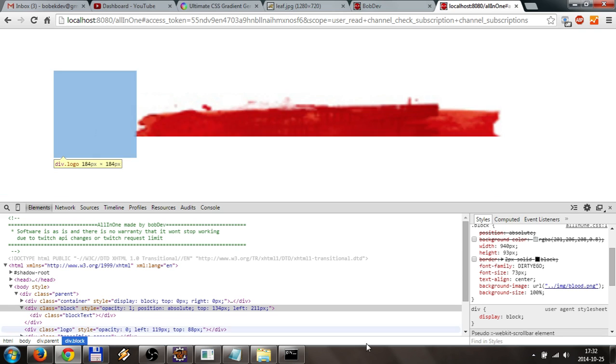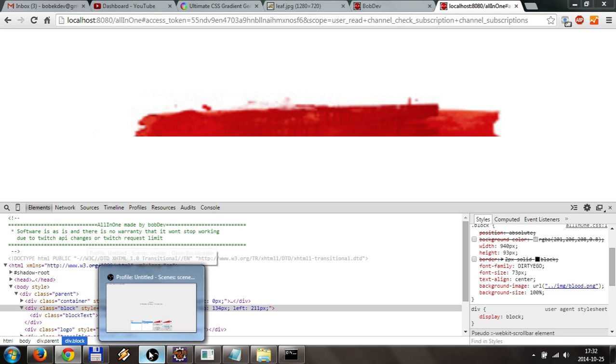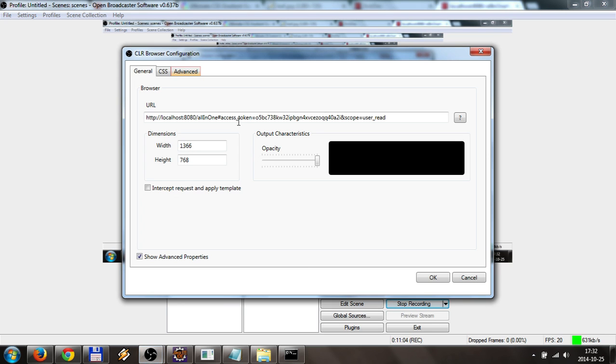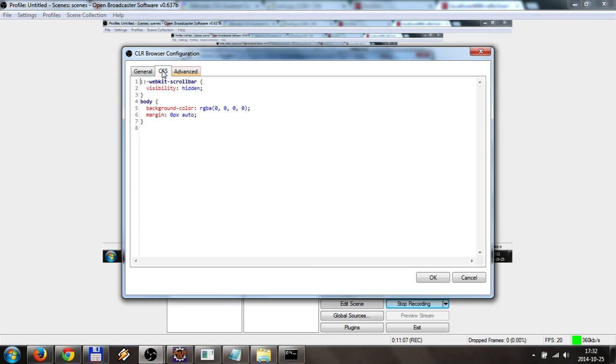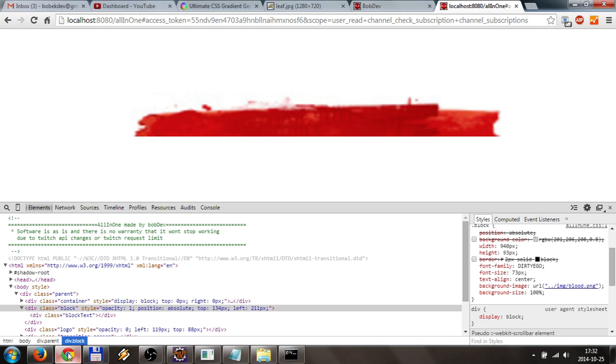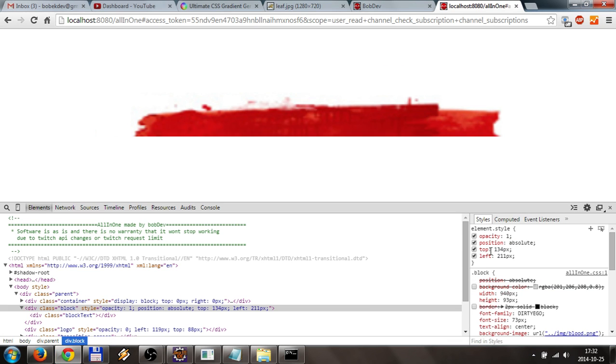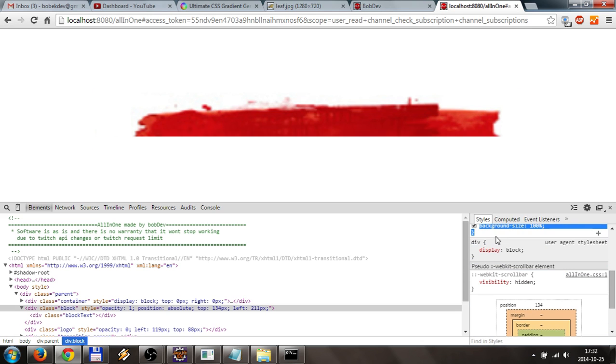You can do that two ways. First one would be to go to OBS, edit the source, and here's the CSS tab. You can write CSS code here, and you can replicate it for the block element. You can basically copy this,